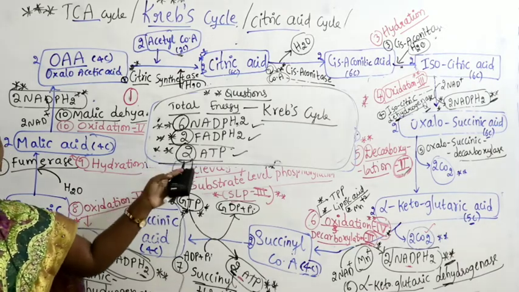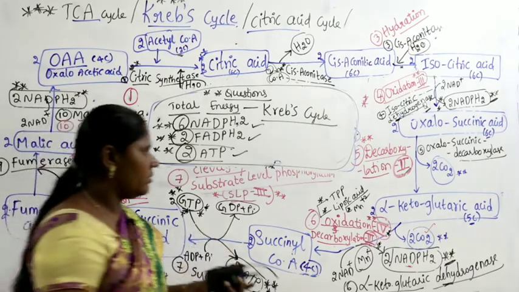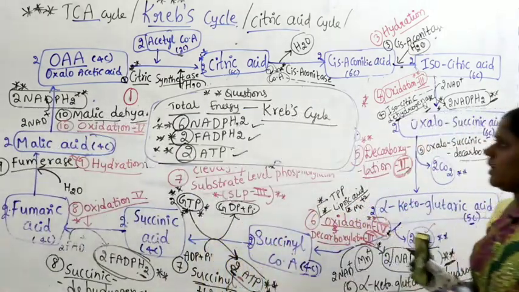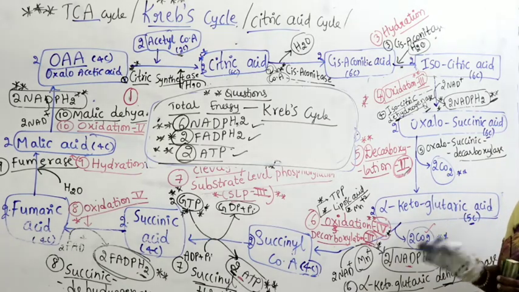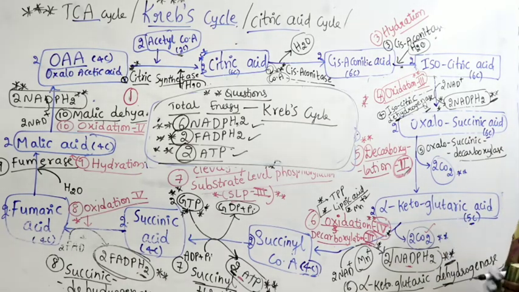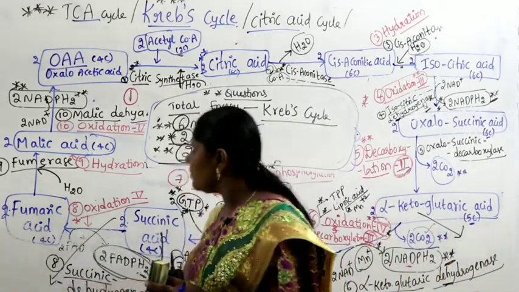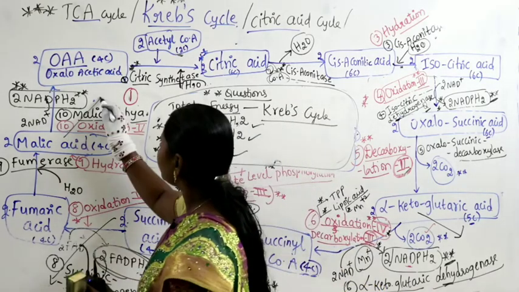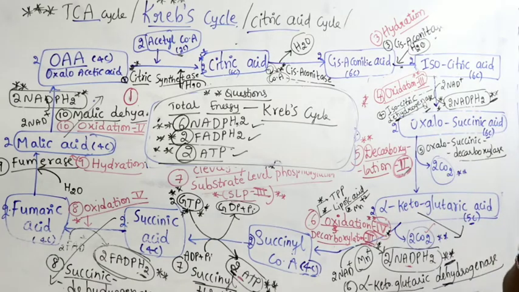So if you can write this, I will give you the next point. In the entire Krebs cycle, 3 amino acids are produced. So the amino acids are produced here: one is alpha ketoglutaric acid, other one is succinic acid, and next one is malic acid. These are the 3 places where there is a formation of 3 amino acids.